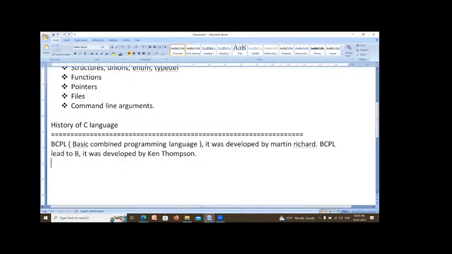Actually, BCPL and B are typeless programming languages. What is the meaning of typeless? It means these two do not support data types. What is the meaning of data types?